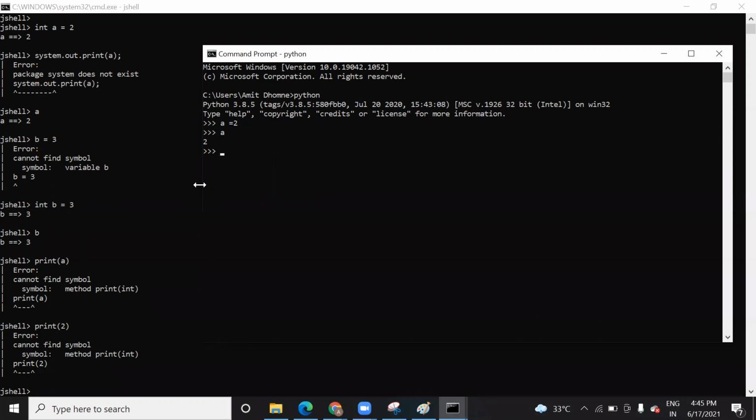And Python is also known as a scripting language because here you can also run code line by line. Here the print function will work. If you do it here, the print function will work because there is no structure called a package or hierarchy kind of structure here. So this is the difference between these two.